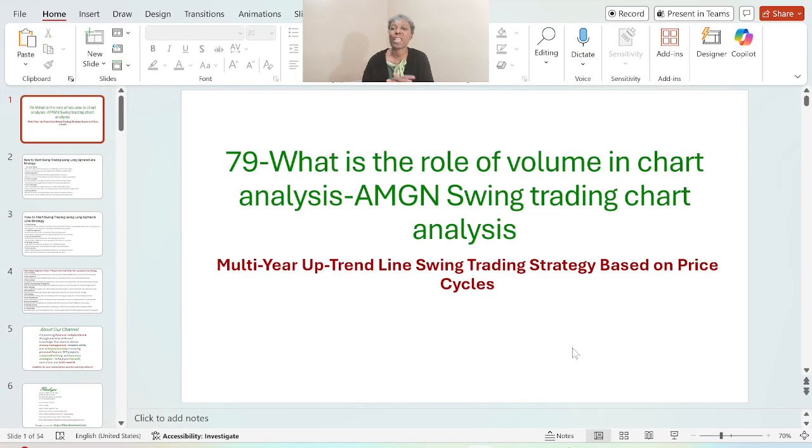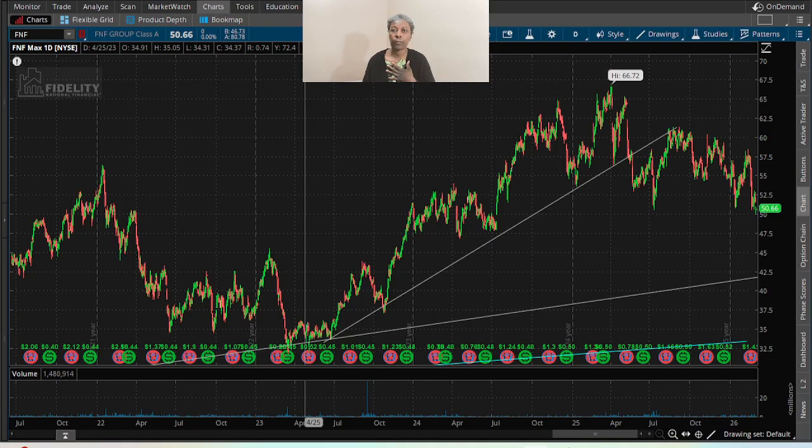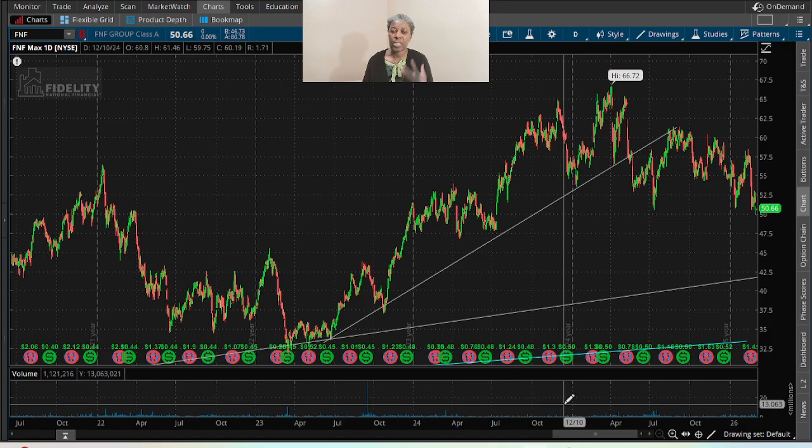Hello, what is the role of volume in chart analysis? Well, based on my opinion, the volume is there for you to see if the stocks you are trying to buy,